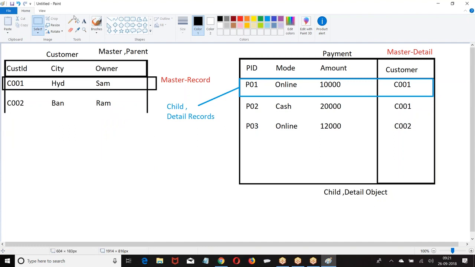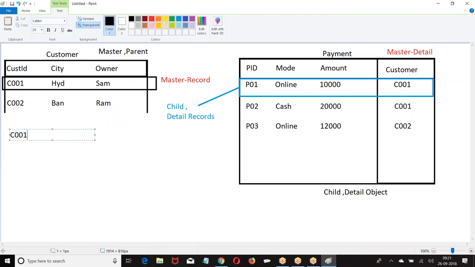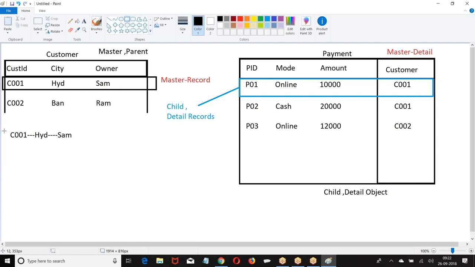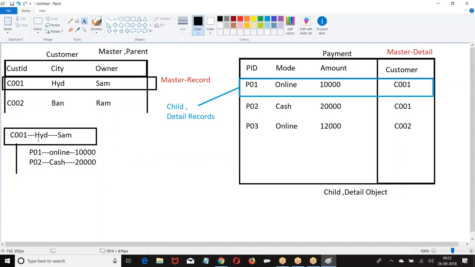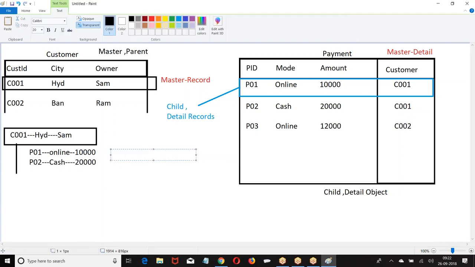So in this case, this is the master. These are the children. For the master record, what are they called?